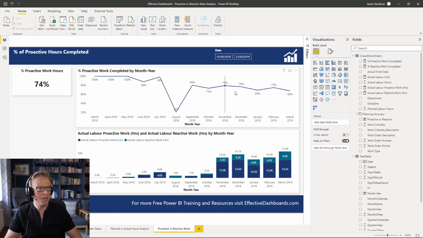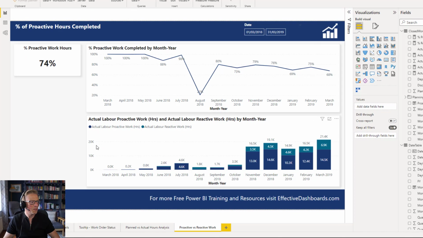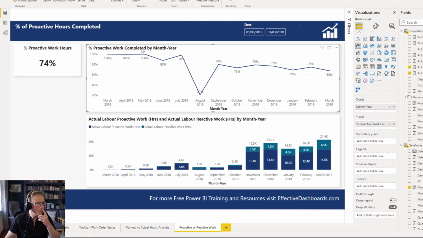The labels are fine. Now, I want to make sure that these are matching up with each other, and they don't seem to be just now. So what's going on here? Why are they not matching up? There's too much space here. So I think what I might need to do is